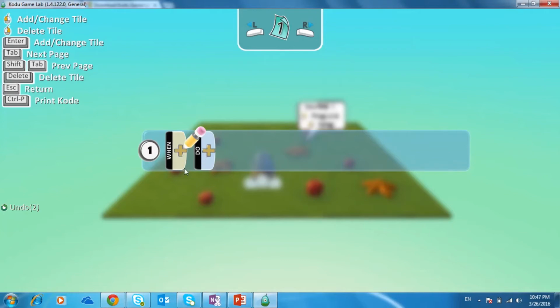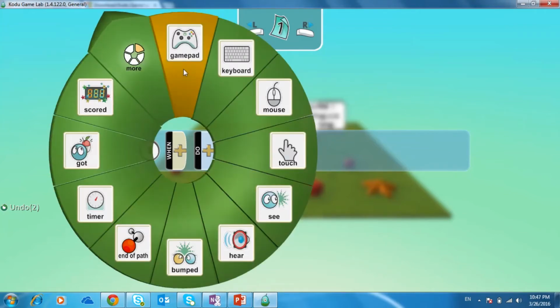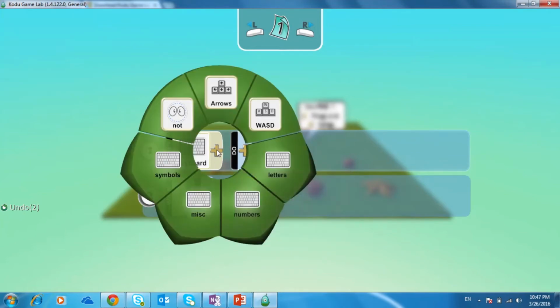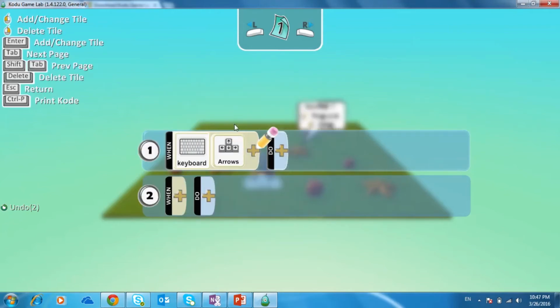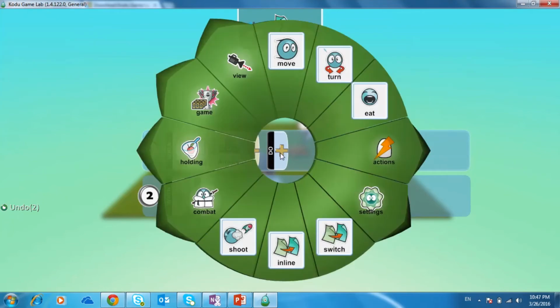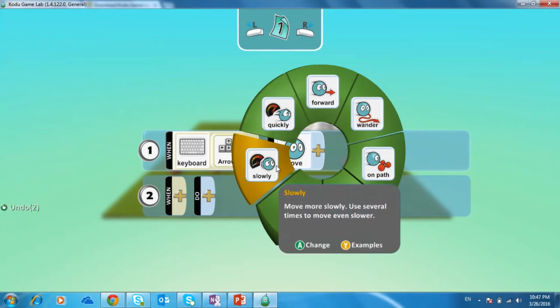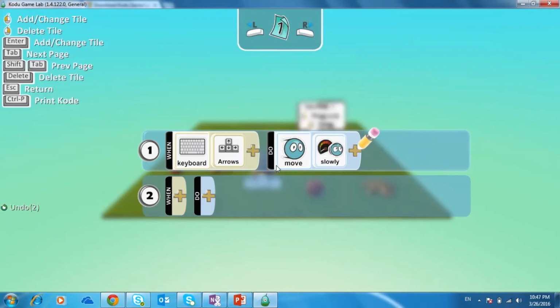So which means when something happens, do what. These are the conditions that we are going to apply on this character called Kodu. So let's see the first condition. I want that when the primary years child uses the keyboard, again a plus sign, when the child uses the arrow keys to move the Kodu, what exactly do I want to happen? I want the Kodu to move, and I want him to move a little slowly because it's the primary child who's trying to work on the game the very first time. So whenever the keyboard is pressed with the arrow keys, the Kodu should move slowly.